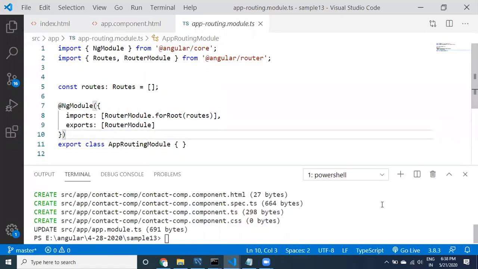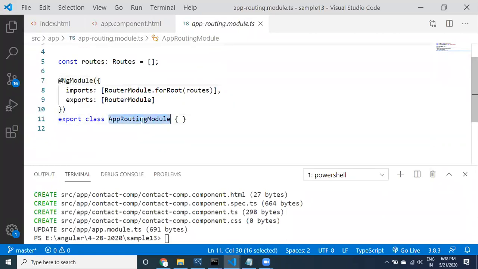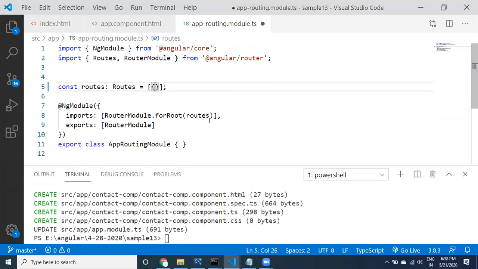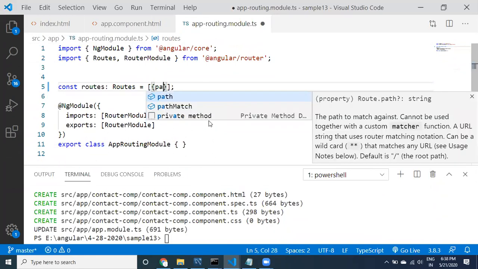Here in the app routing module, what I can do is provide routes.